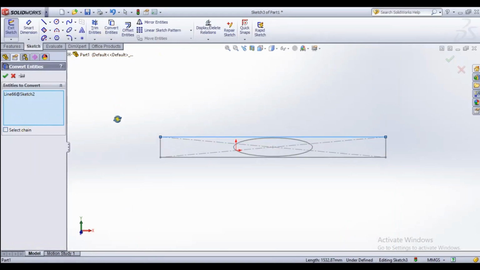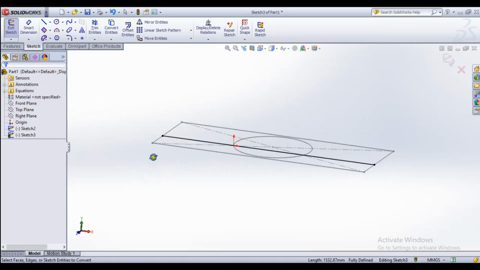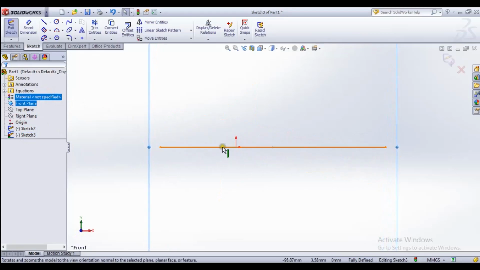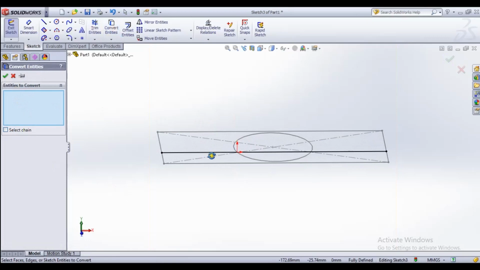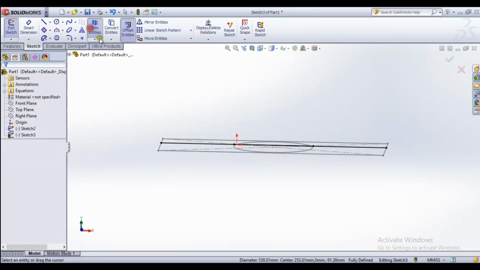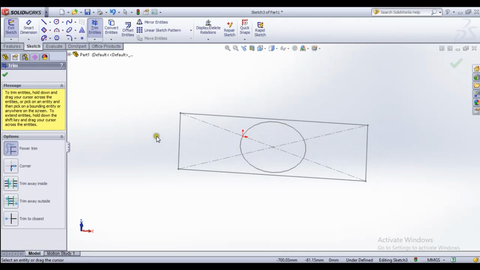Select line, sketch tool. You see that? I select this line, then okay. Now it's on the front plane. You see that? It's a black line. Convert entities, like that. We use convert entities if we want to take this circular. It's also there, but we can't see it because these lines are there. Okay, you see that?